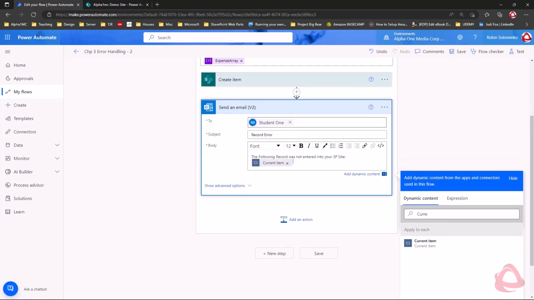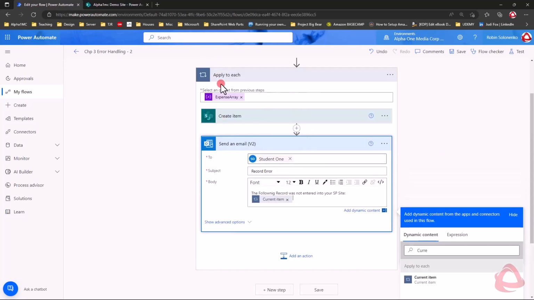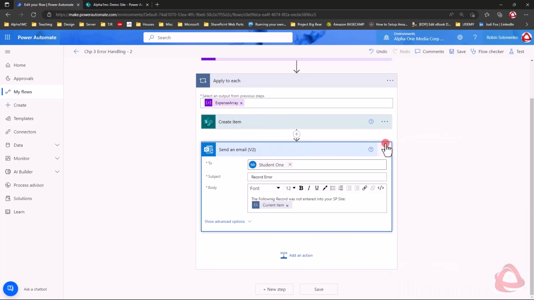Now, the trick to this is, right now the way it's set up, remember, this is applied to each, so it'll create an item, send an email, create an item, send an email. Well, we don't want that. We only want this to execute if there's an error in create item. So on the send an email action, on the more commands over here,